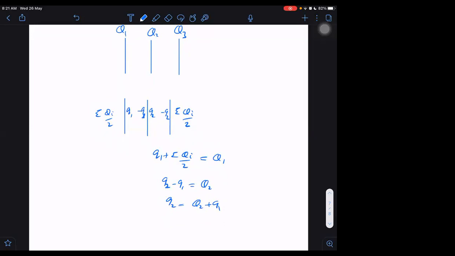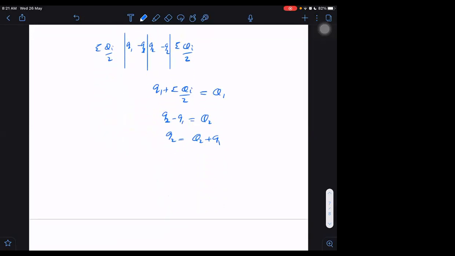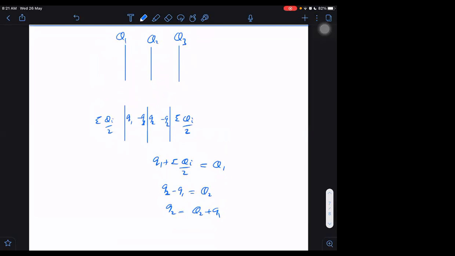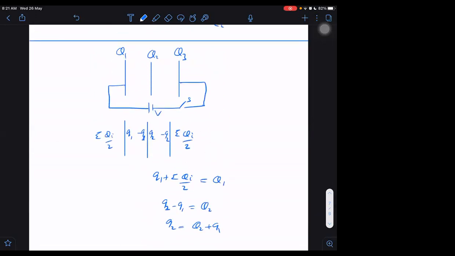Now after that, if you connect it again to a battery, let us say this charge distribution was given, and after that I have a battery also along with it, V voltage with some switch which is waiting to be closed. It is open yet. What we are going to do now? We will just treat these like capacitors. So there are two capacitors according to me, and those two capacitors are like initially charged capacitors. But what initial charge should you take in the capacitors? Take the charge which is given on the inner, facing sides of the plates. Don't worry about the charge on the outer side. That doesn't play any role.